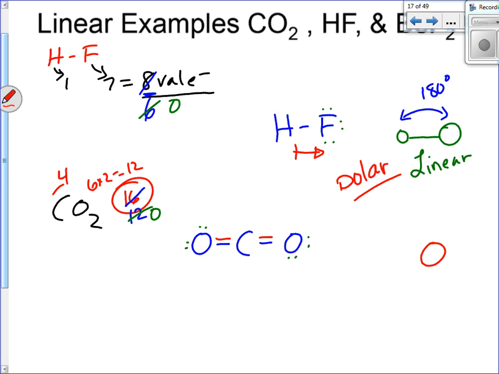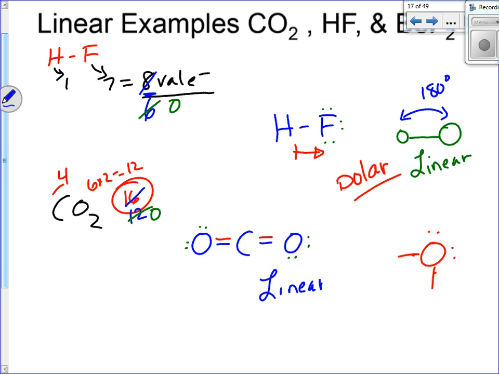Now, why am I double bonding both sides instead of tripling one and doing a single on the other? Oxygen typically, in very, very rare few cases like carbon monoxide, will form a triple, but oxygen simply does 2 bonds because it has 2 lone pairs usually, so it's only going to form 2 bonds. So you wouldn't want to triple these, okay? But as you can see, it's linear shaped,